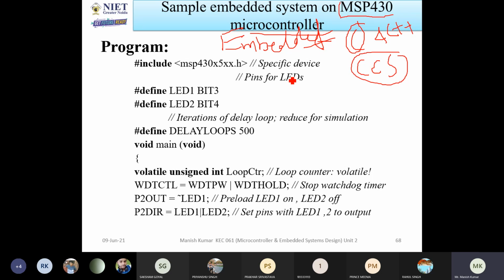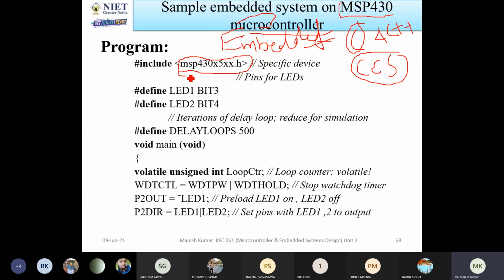So what is the difference between general C and embedded C? In general C, you write the programs, there is no need to do anything, you provide the input and get the output. But in embedded C, you have to include the header file of this particular device. I have included here msp430x5xx, the header file of the MSP430.